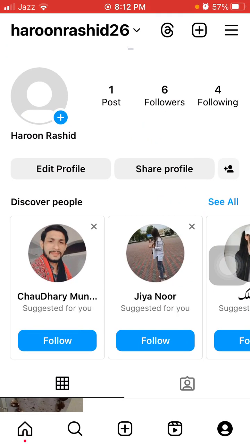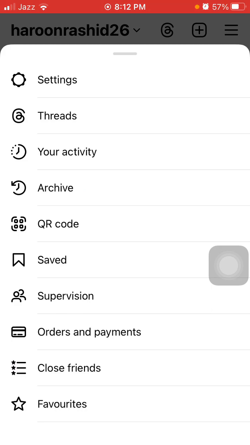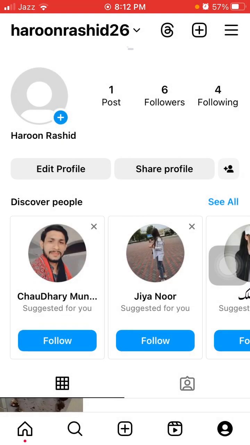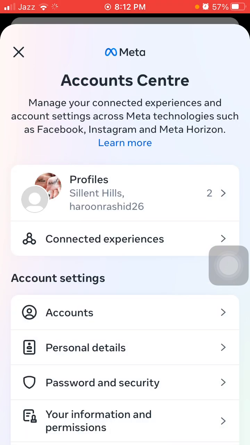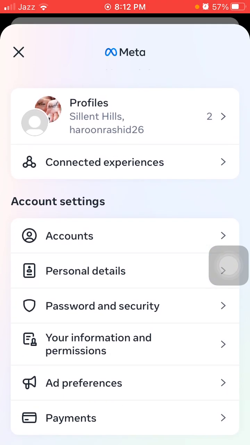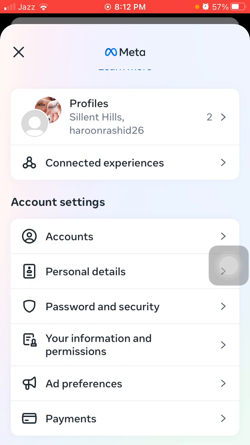First of all, you have to launch Instagram, then tap on the profile icon and tap on the three lines in the top right corner. If you are Meta Verified, you will see the option on that page. If not, then tap on Settings and tap on Account Center. Here is the second place where the Meta Verified option will show. If not, then what we have to do,